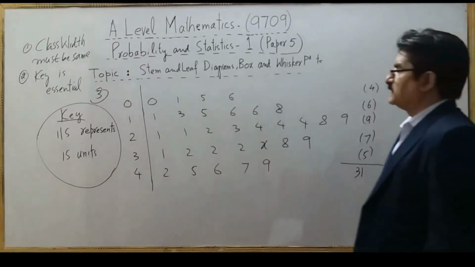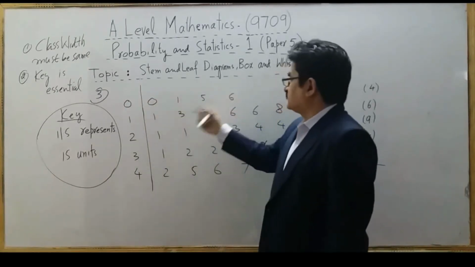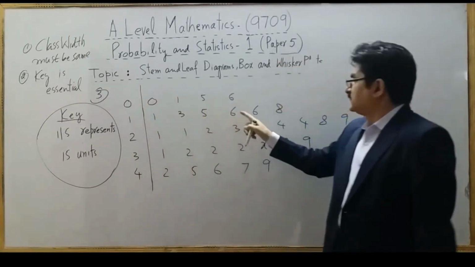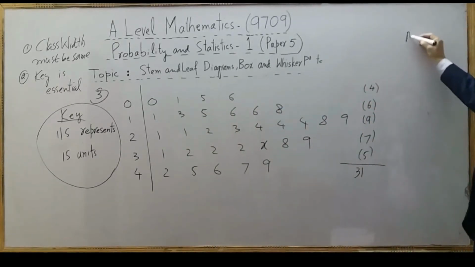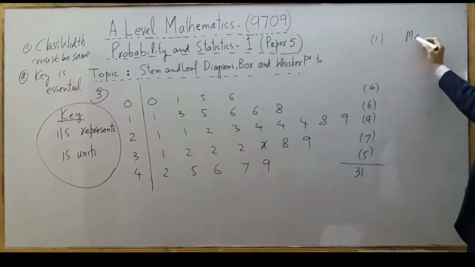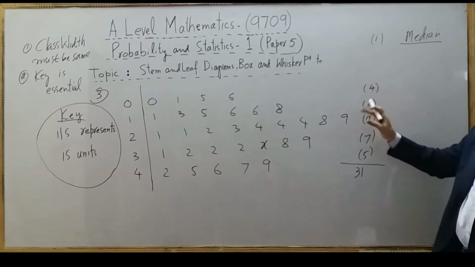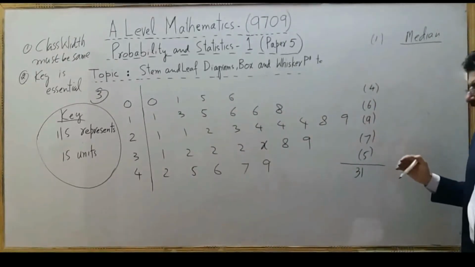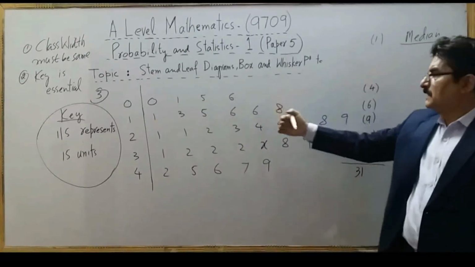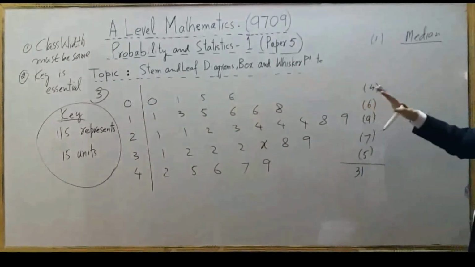1 | 5 represents 15 units, so the value is 15. So the data values are 0, 0, 1, 5, 6, 0, 1, 5, 6, 11, 13, 15, 16, 16, 8. These are the data values. Now the first part asks you to find the median. For the median we first see the total values. These are the frequencies, the number of values lying in one row, which have the same stem.